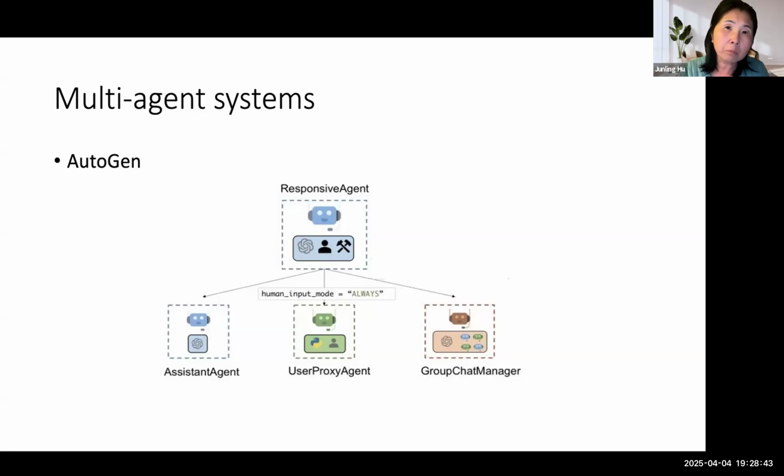So multi-agent systems become very popular, mainly because ideally, potentially you can list all the tools in one big list, but it becomes very complex to manage. By making different agents specialize in doing different things, it's easier to manage the task.